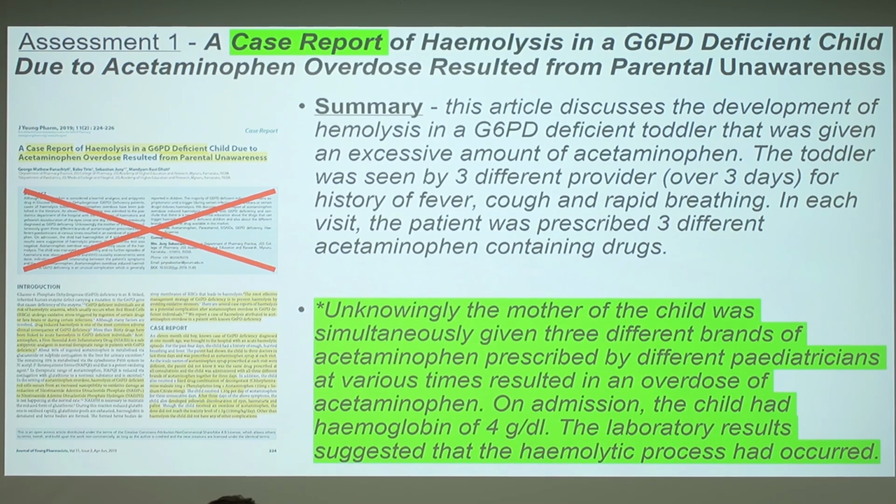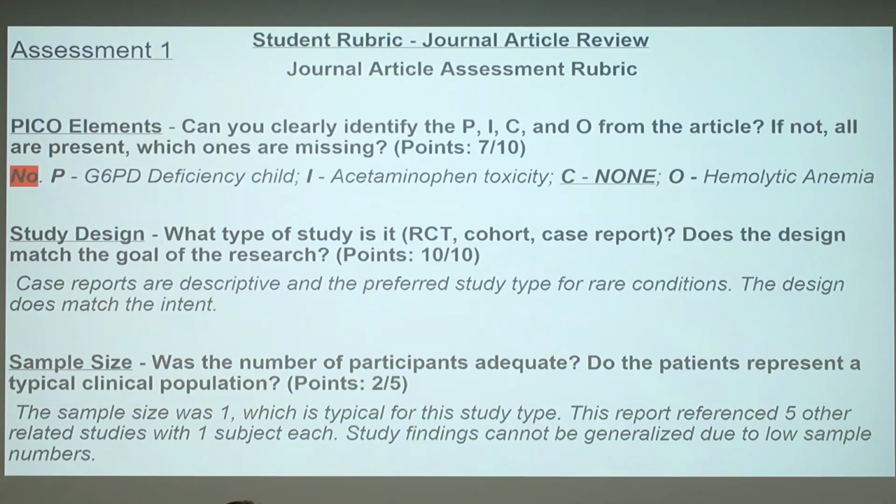Appreciate it. So basically what they found in this article, the scientific findings, was that the mother didn't know by the names of the medicine that they all included acetaminophen. And so the patient, because of this, had hemolysis and had to be treated for hemolytic anemia. So that's just a summary of the article. So in terms of the assessment criteria,